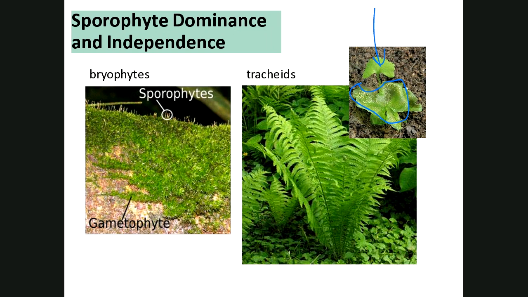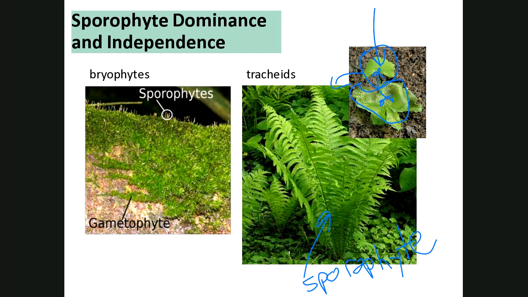And what this little thing growing out of it is going to be, that's going to give rise to a fern frond. And this is the sporophyte. Because on the back of many of them, they have sori, which produce spores. Sporophytes make spores, gametophytes make gametes. All right, so on here there are antheridia and archegonia, and the antheridia of one fertilized the archegonia of another, and out came Junior. That's Junior. But you see what we have now in the tracheophytes, the vascular ones, we have much bigger sporophytes.